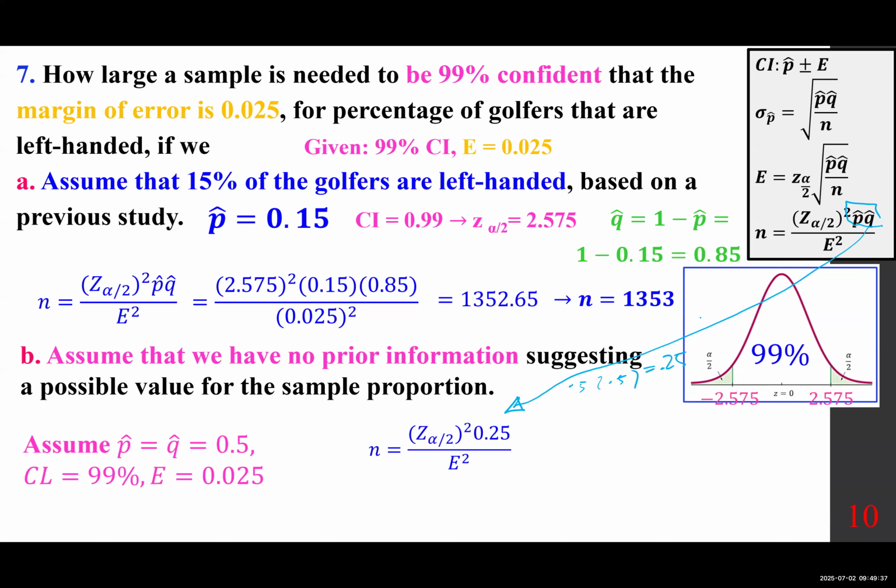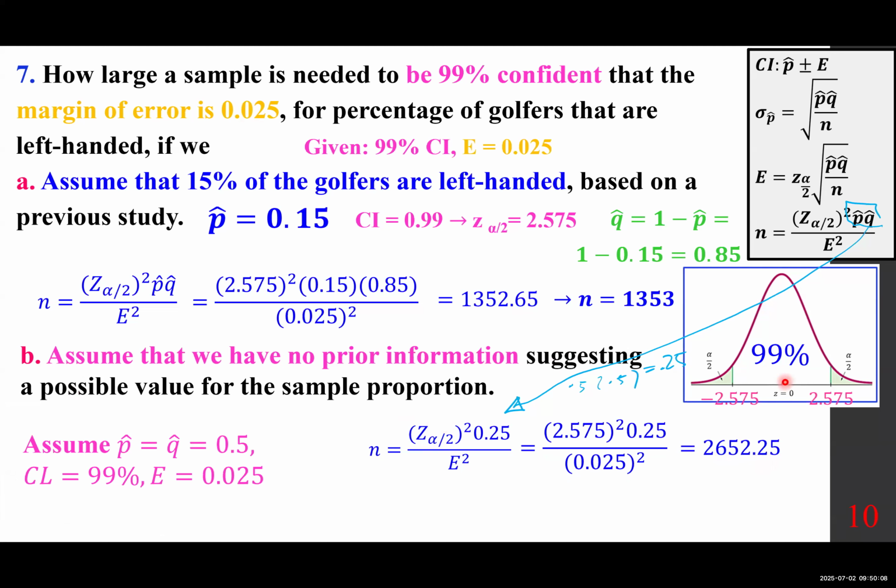Now plug in. What are you plugging in? The Z 2.575, the E 0.025, and notice this number is larger than that. And here's what I mean. Take a look. If you were to round it accordingly, you would get 2,652, but that's not what we are